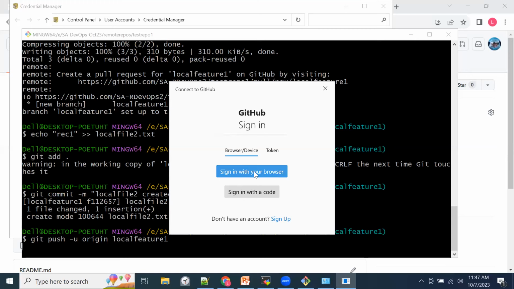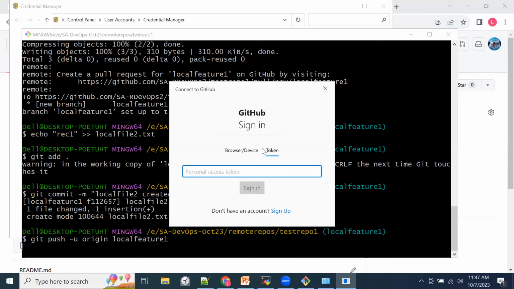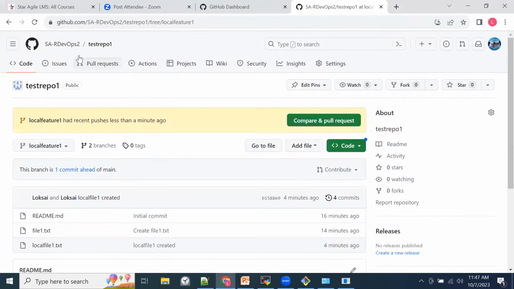Signing in with the browser is very simple. If you click on sign in with your browser, it will just open up a GitHub page. You give your credentials to log in. That's it, it will authenticate. Apart from that, you can create a token also. So for the token, if you go to the repository level,